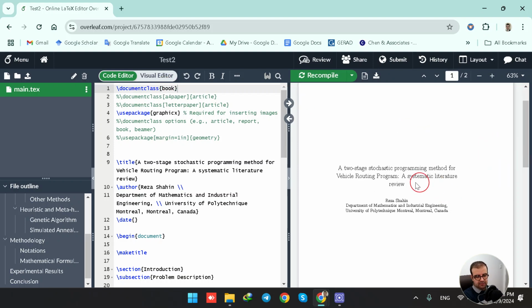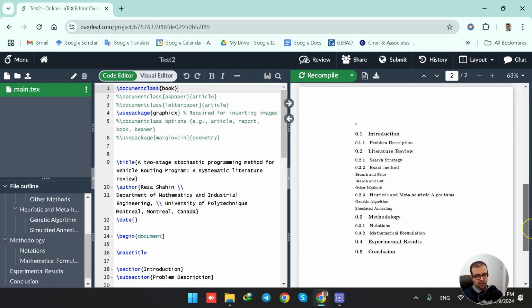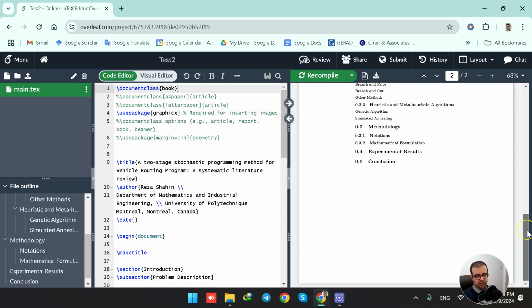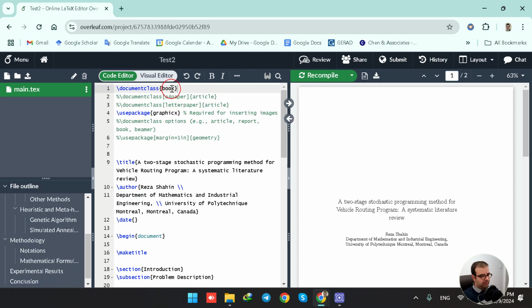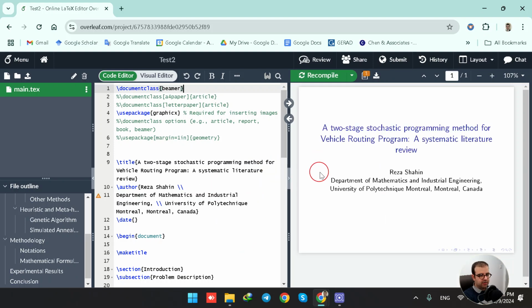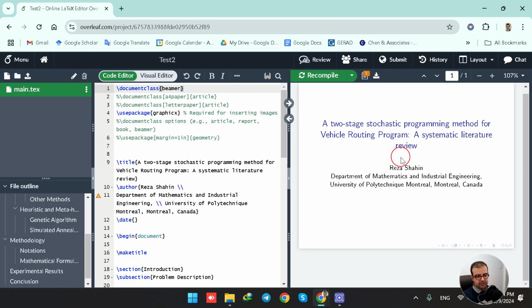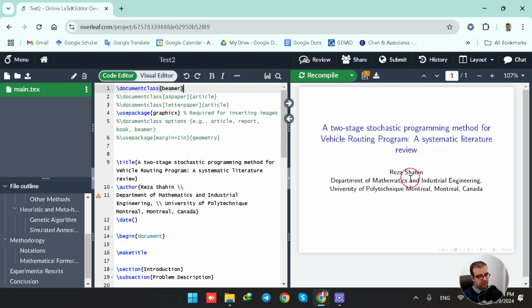You see that it is more to the left side. So here is the book document class, and we also have Beamer, which is for presentations. We're going to discuss all of these templates later on in another section. But just to give you an idea, I'm recompiling, and you see that what we have here is already in one slide of a presentation using LaTeX in Overleaf. So we go back to the article,